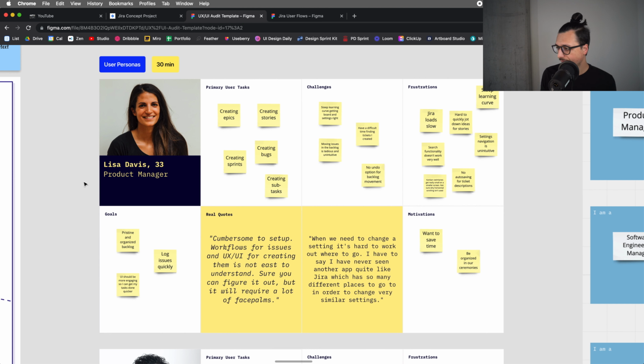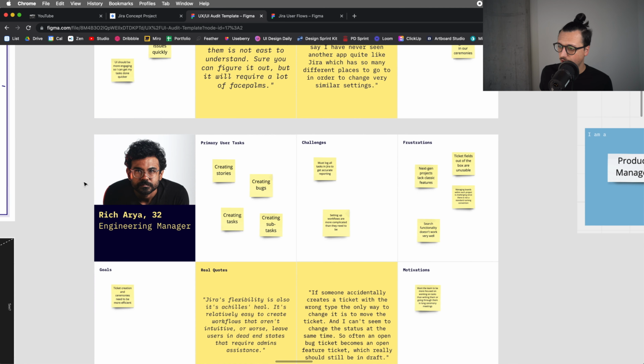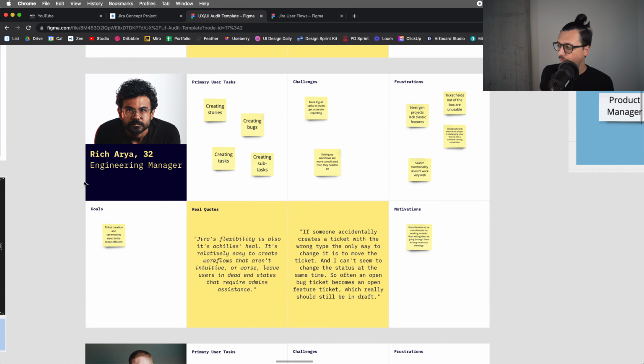Motivations: want to save time and be organized in our ceremonies. As I mentioned before, the ceremonies are the daily stand-ups, which is not really where this is hitting. It's more the grooming and the planning meetings that we want to be focused. And you'll notice the engineering manager has a very similar focus with their motivations: they want the team to be more focused working on tasks than writing them and going through them in long ceremony meetings. As somebody who goes through ceremony meetings on a weekly basis, I can tell you right now,